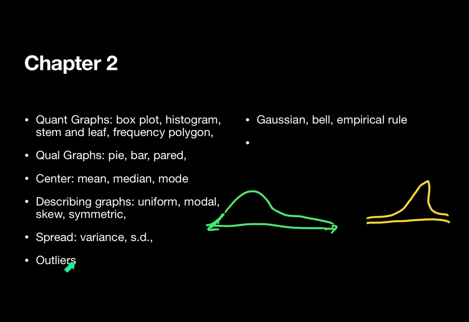Talked about outliers and calculating them, usually with a box plot. Know the calculations and how to do that. We didn't talk much about outliers with the Gaussian curve, the bell-shaped curve, but we will. We're going to actually spend a lot of time on the bell curve soon, but not quite yet. But know the empirical rule: if data follows a bell-shaped curve, also called a normal curve,